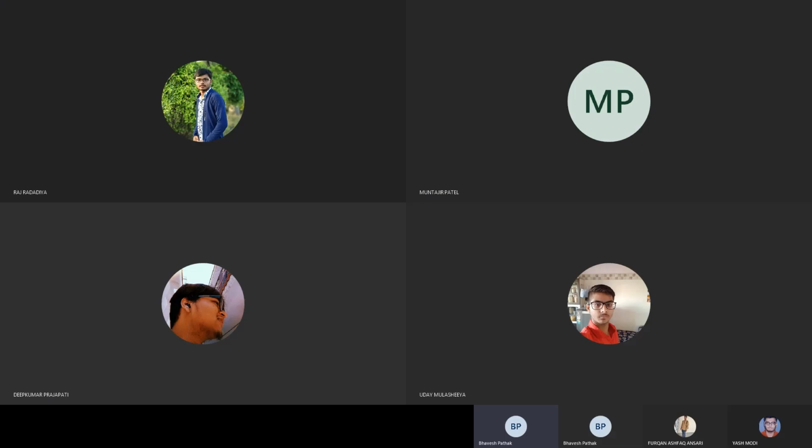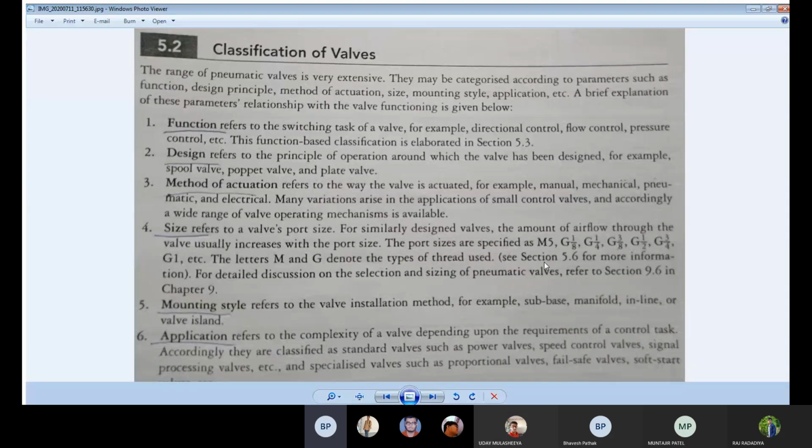We'll discuss pneumatic valves, the valves which you are using in pneumatic operation. Construction-wise, they are almost the same as whatever you are using in hydraulics also. But we'll see them according to the industrial aspects too. So first, what is a valve?